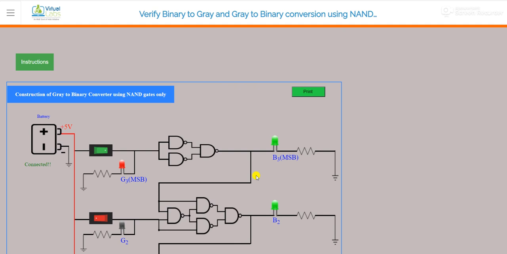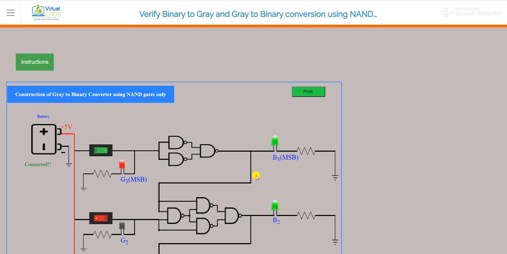Most of the theory portion I have already discussed in the previous lecture, the binary to gray converter. So please refer to and go through the previous lecture also, so that the concept of gray code, the binary to gray conversion, and the difference between binary to gray and gray to binary, all these things you can understand with the help of these two videos. In these two lectures we have basically covered the converter portion.